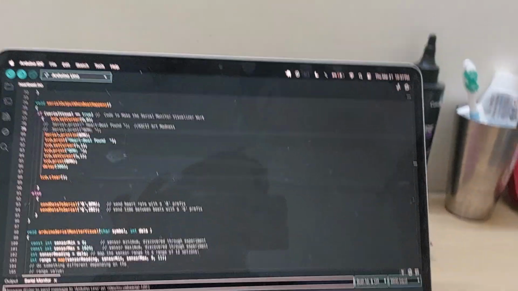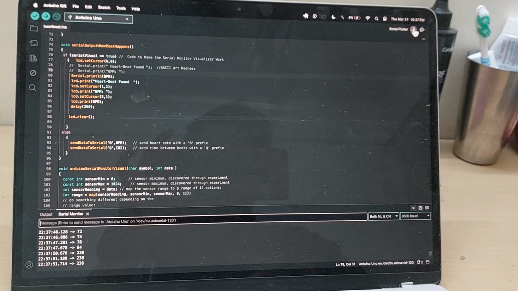And the output at the serial plotter for heart rate monitoring is